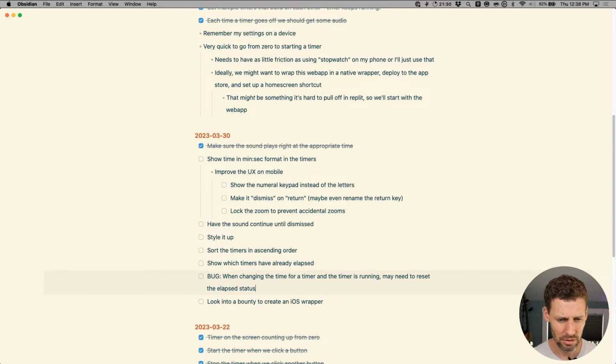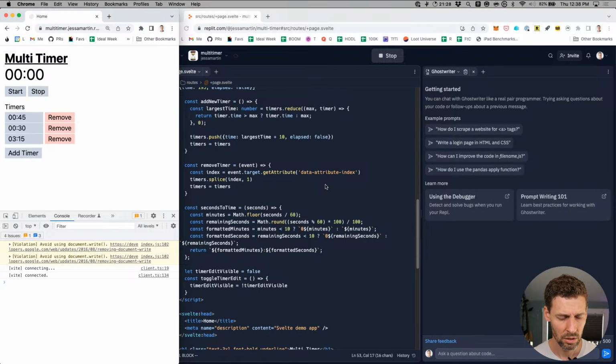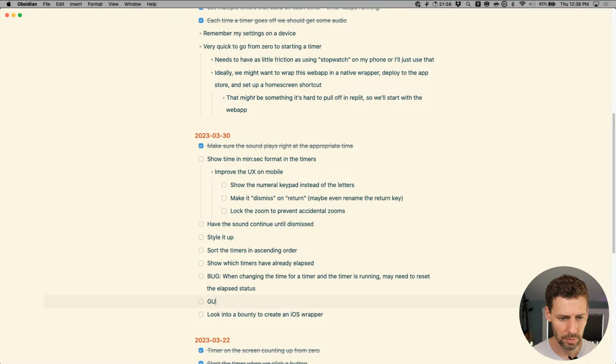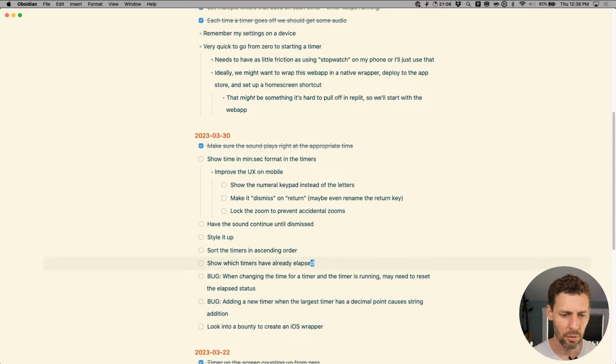Let's see, what was the other defect that we just saw? Oh yeah, the other bug is adding a new timer when the largest timer has a decimal point causes string addition. Okay, lots of little bugs to fix.